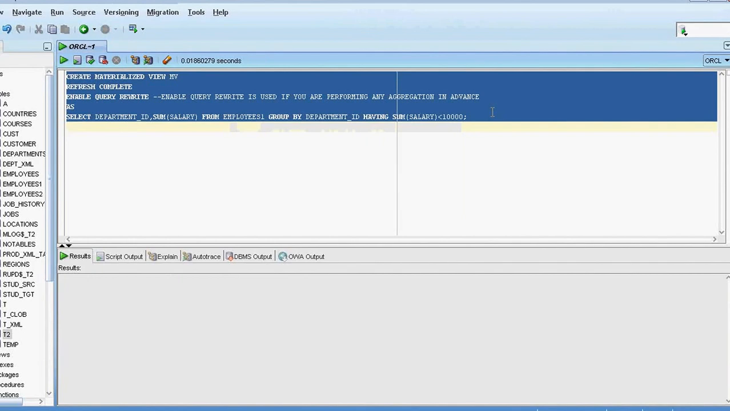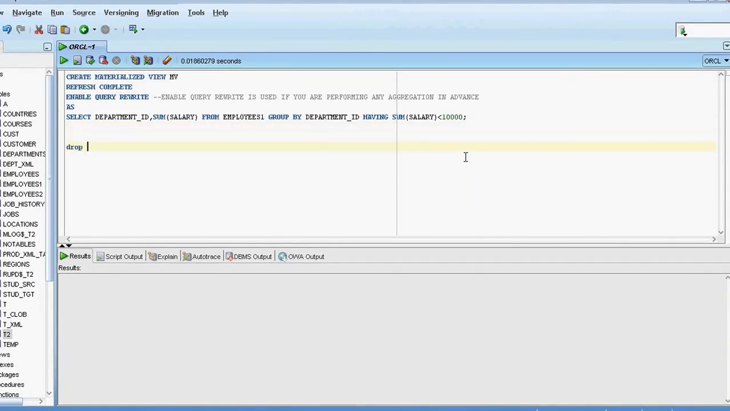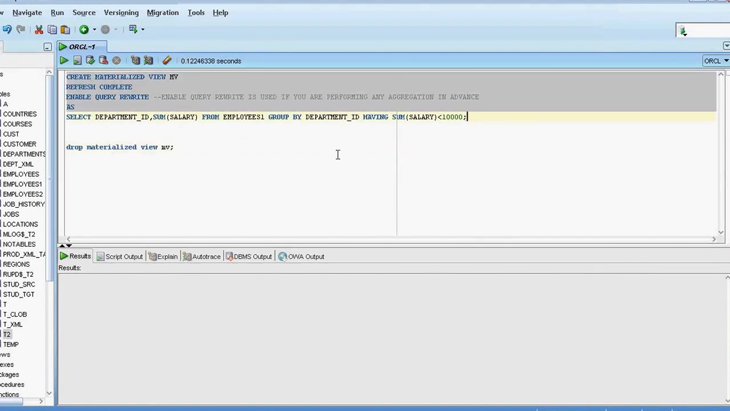Same user, sorry, the materialized view is not dropped. Drop materialized view MV, it's dropped now. The materialized view got created. Selecting, select star from MV. Got it. So the department ID followed by the sum of salary of that department. So if there are any update statements or any DML operations done